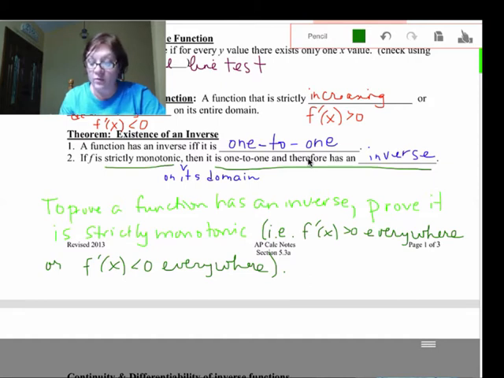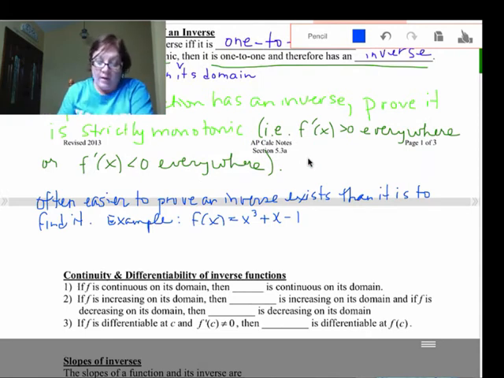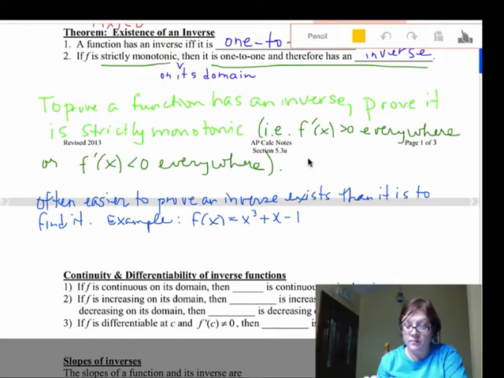For example, if I had this function x cubed plus x minus 1, remember, in order to find an inverse, I would switch the x and y and then solve for y. But it's going to be difficult to isolate y when I have a cubic. However, it's not that difficult to find the slope on this